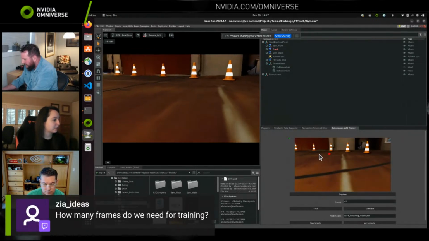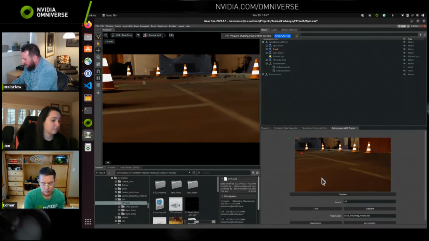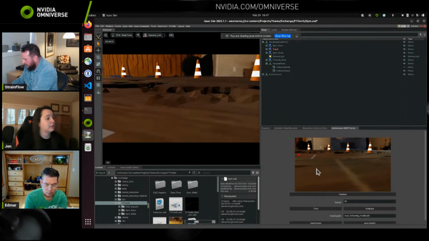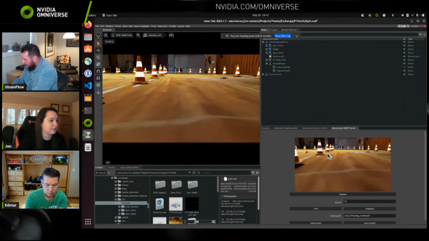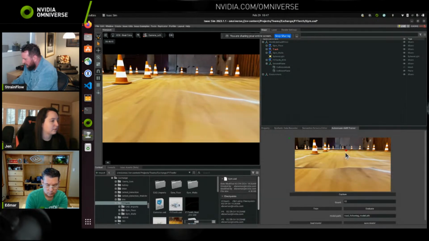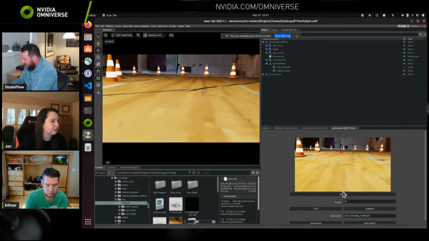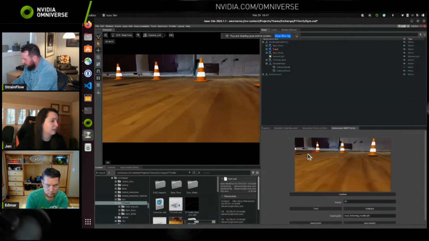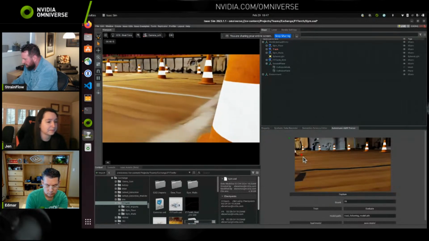Ooh, I like this question. How many frames do you need for training? I found it really depends. Yeah, but with the other track, 400 was pretty good. Some people say you need a lot. Some people say you don't need that much. It really roughly depends on how you're training your model and what you're feeding into it. So it's definitely a trial and error kind of thing. And as Eric said before, if it learns based off of these cones, you could probably apply this to any track if trained well with not so many frames.